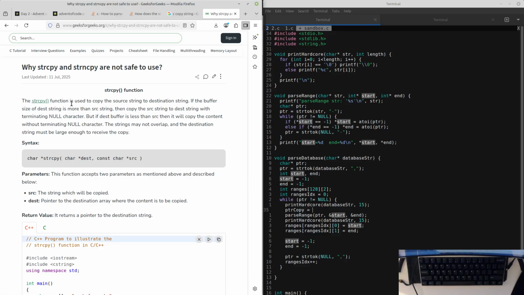The strcpy function is used to copy the source string to the destination string if the buffer size of that string is more than